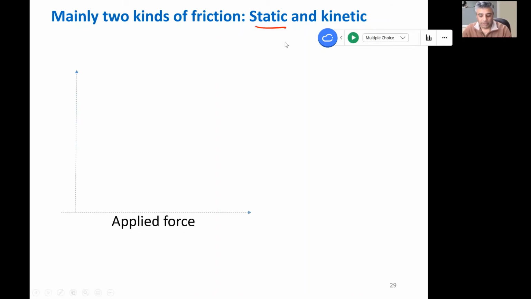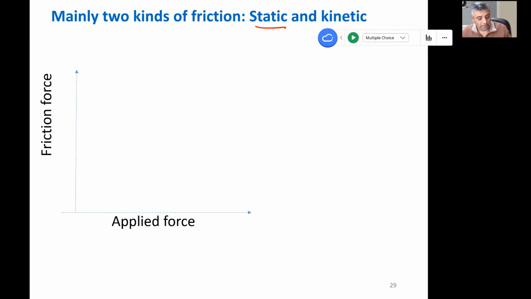Okay, so you apply force on something, and that object applies force on the surface. For example, here, I am pushing one of my palms with another one. That's the applied force. Now another one is opposing it. So if I just apply a little force, then my palm is not going to slide over the other one. When the applied force is 0, if I'm not pushing it, it's not going to push me back.